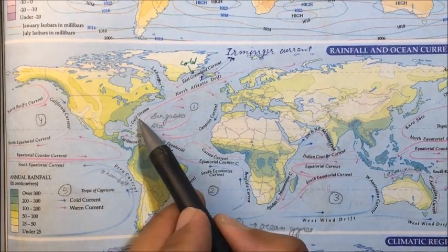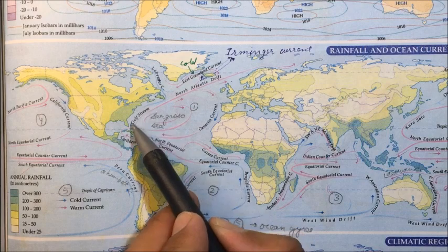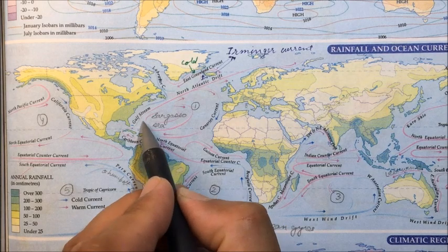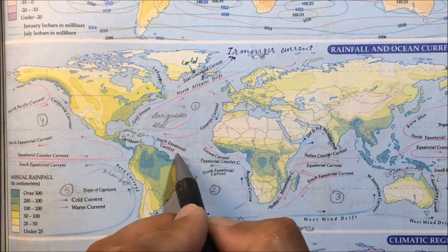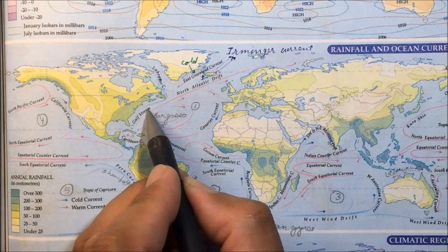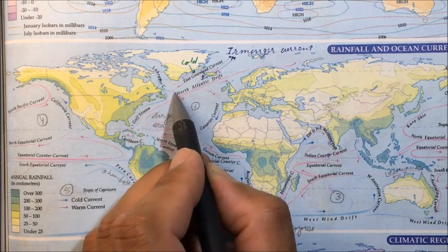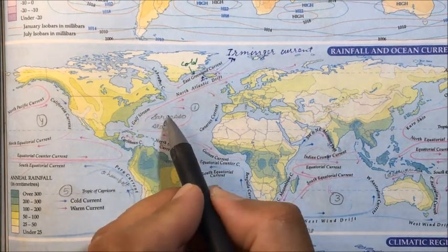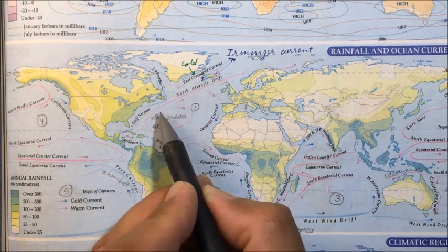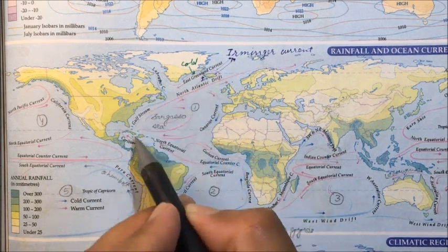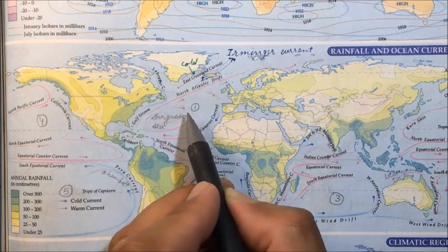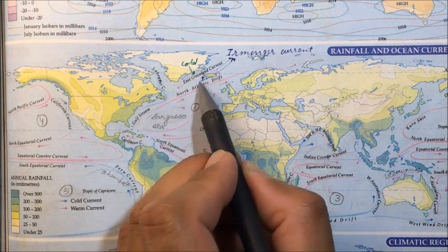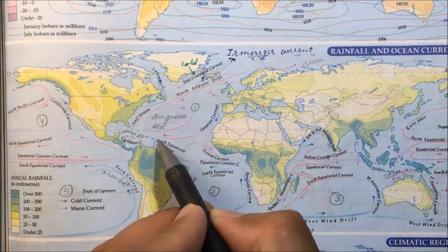The second current we'll be discussing is the Gulf Stream current. It is a warm current, as it is flowing from a warmer region towards a colder region. And the water it carries is warm as compared to the surrounding water where it is moving. So it is a warm current. Here, as we see in the North Atlantic Ocean, this is the western boundary of the North Atlantic Ocean. Now here, the Gulf Stream is the largest ocean current among all other currents.